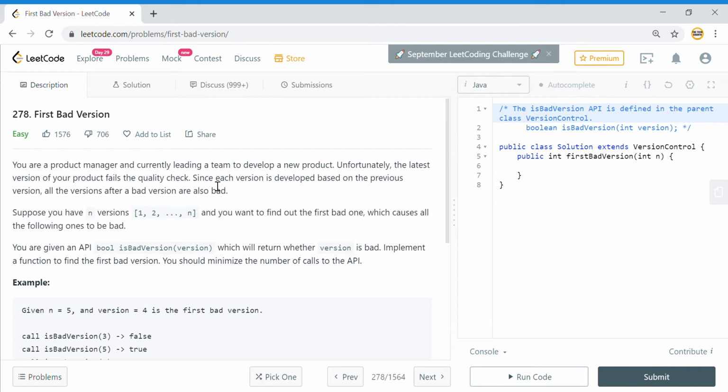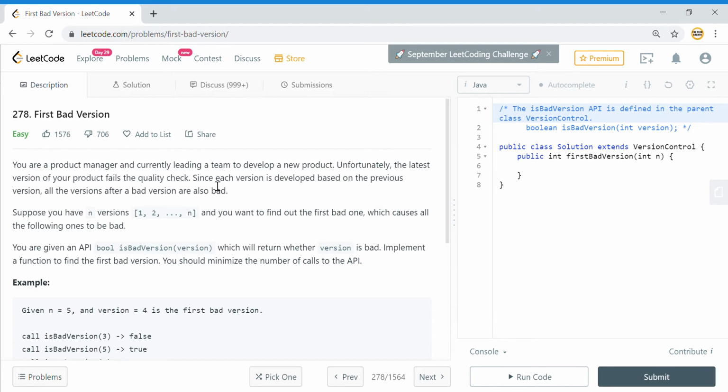We'll solve it anyway. So here it says that you are a product manager currently leading a team to develop a new product. Unfortunately, the latest version of your product fails the quality check. Since each version is developed based on the previous version, all the versions after a bad version are also bad. Suppose you have n versions, 1 to n, and you want to find out the first bad one, which caused all the following ones to be bad.